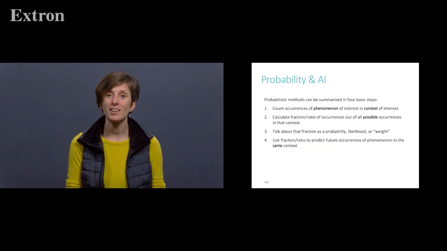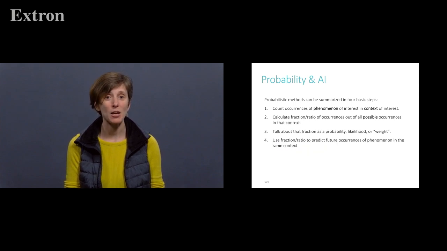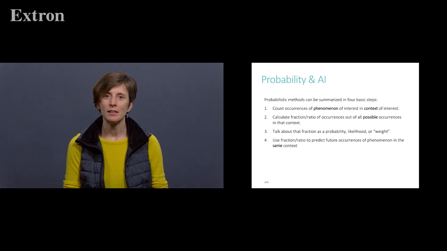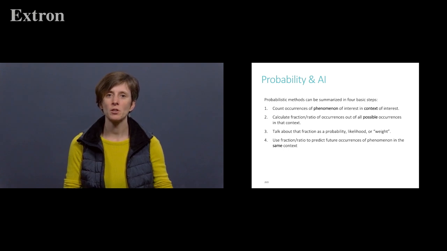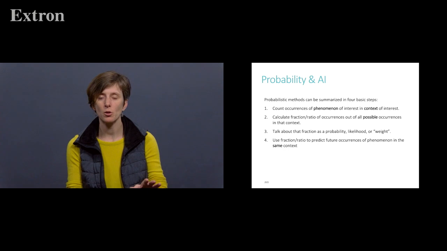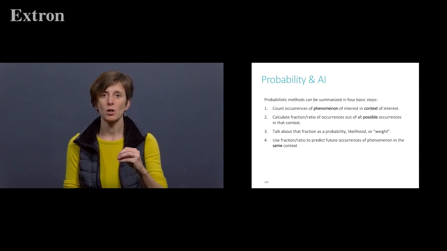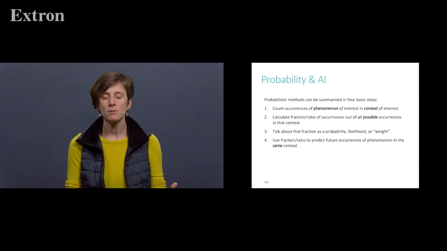That's how probability works, and essentially that's how language technology, all modern AI works. It works on these four basic steps. You get a lot of data, you figure out what phenomenon or phenomena you're interested in, which context you want to build for, or for what audience you want to build. So you figure out the exact context you need. You count the occurrences of the thing you're interested in divided by the occurrences within the whole context. So number of misspellings, number of times that this particular audio clip got transcribed as a T, whatever it is. You do the fraction,